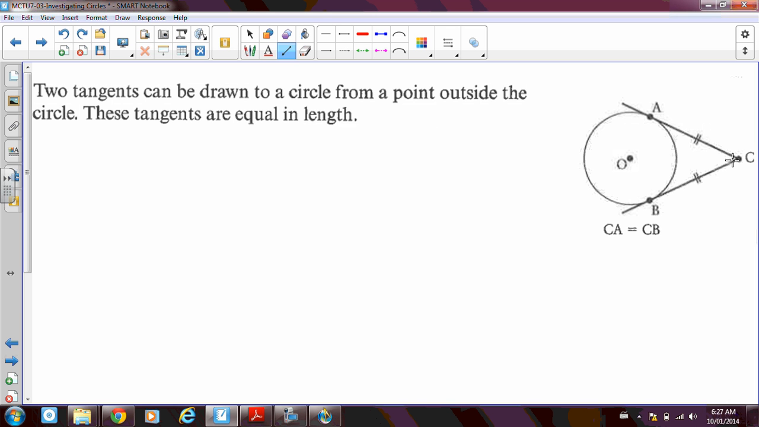So any point outside of a circle can have two tangents drawn from it. So if I put a little point out here somewhere,